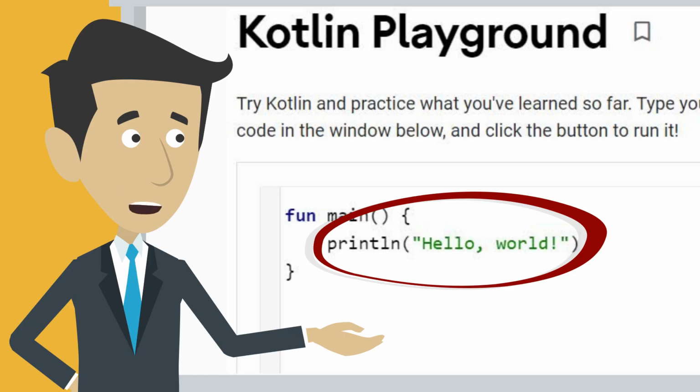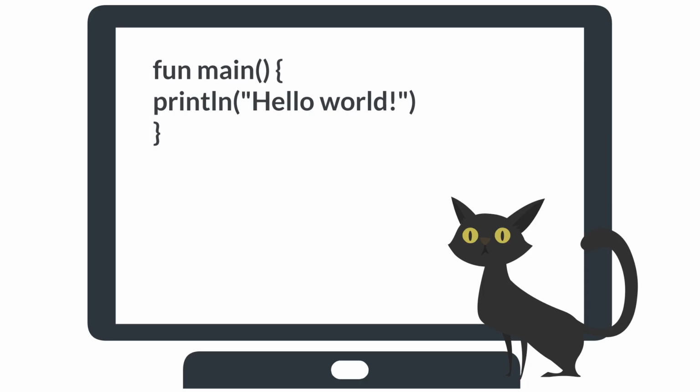Look at the line of code between the curly braces. This line of code prints "Hello World" text. Println tells the system to print a line of text. Place the text to be printed in parentheses. Note that the text to be printed is surrounded by quotation marks. This tells the system that everything inside the quotation marks should be printed exactly as given. To actually print the text, the entire println instruction must be in the main function.